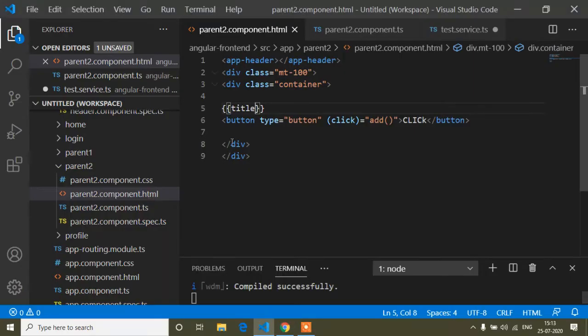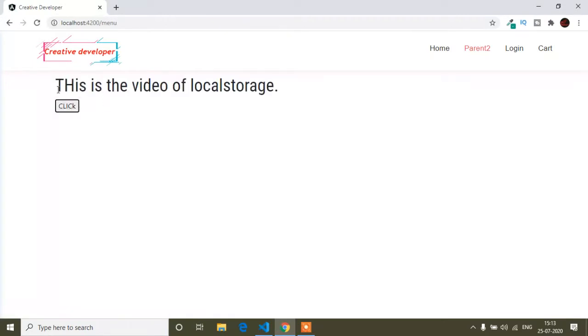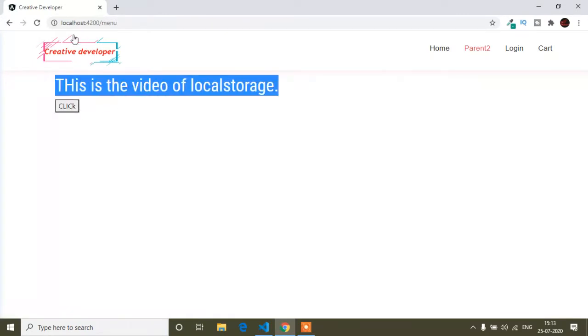I will store it inside an h1 tag, and inside this h1 tag I will paste it here. So you can see this is the video of local storage, but if I refresh our page, that means reload, you can see the text has disappeared.